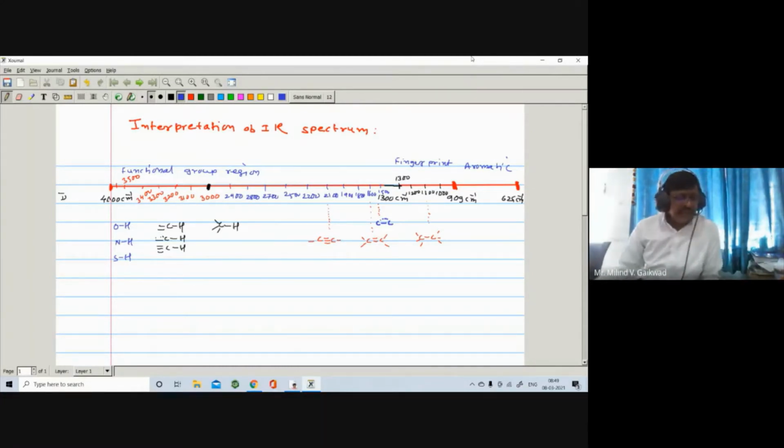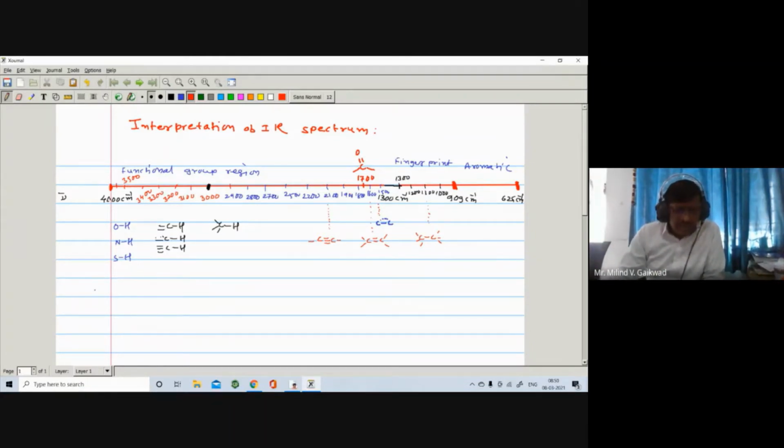So getting a spectrum in a particular range, you may say there may be the presence of such and such a band. There is one more important band, here 1600 and here 1700. Getting a band at 1700 is due to the carbonyl group, CO group. Generally it will appear from 1600 to 1900. These are some of the important bands in the functional group region.